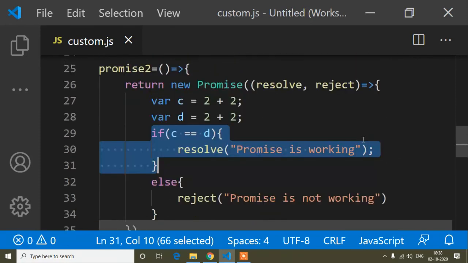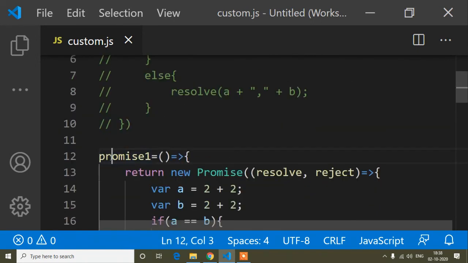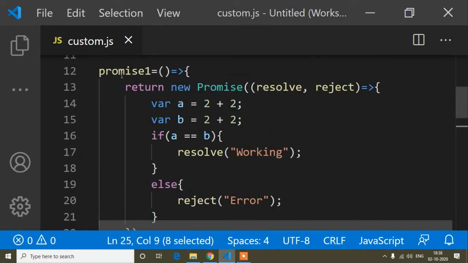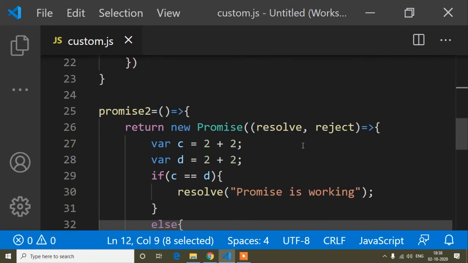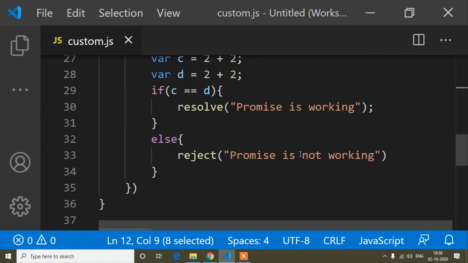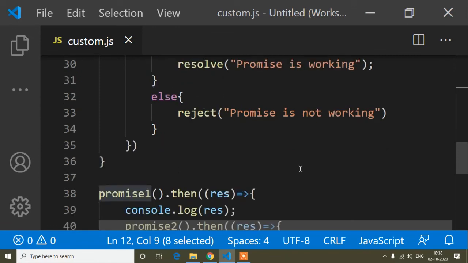In the next video, guys, I hope you can understand this video. If not, you can write a comment and I will help you. In the next video I will show you, suppose I have two callback functions, promise 1 and promise 2, but suppose I have more than two functions, promise 3, any kind of function. How can we pass these functions in callback? This time we use promise all. So in the next video I will show you how you can use promise all.